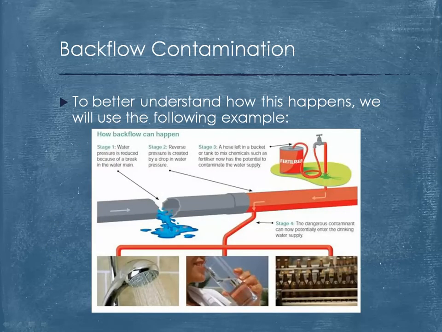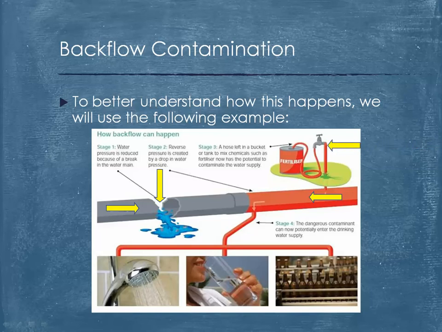Now that you understand how and why water can flow the wrong way, we need to look at how contamination can occur in this process. Using the example shown here, water should flow in the direction of the arrow, from left to right. When a disruption occurs to the main pipe, as we just discussed, the water now wants to flow backwards, or from right to left. Now I want you to think about what would happen if a hose is connected into